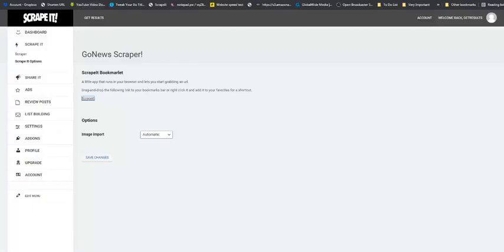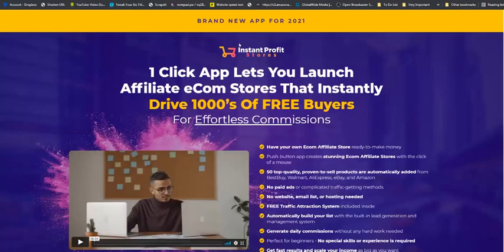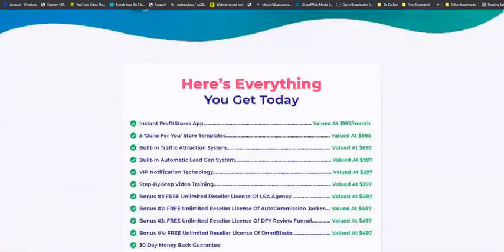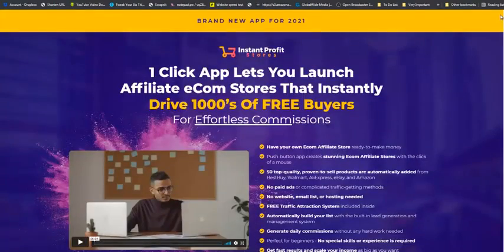is to find the review site that you are going to be reviewing, and in this case today we are going to be reviewing Get Instant Profit Stores by my friend Victory. Now the first thing I want you to do when you open your site is to scroll right down to the bottom to make sure that all of the text and the images have been populated. Next I want you to click on the little bookmark, let's Scripit,